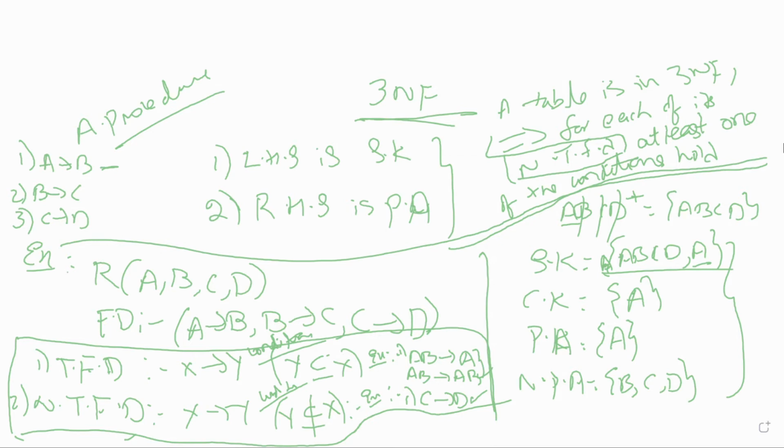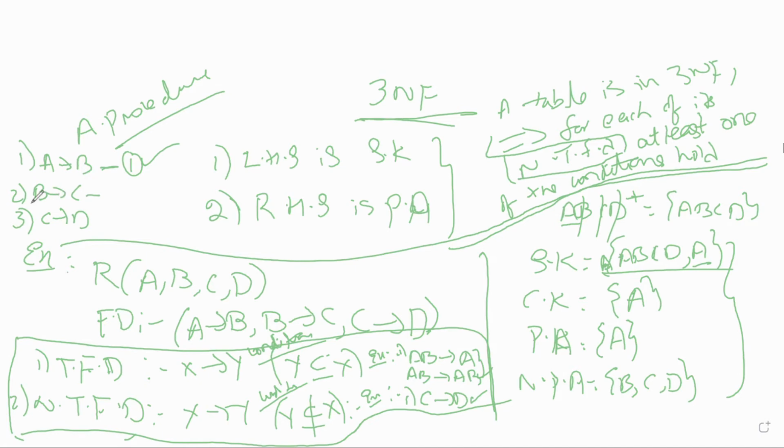Okay. So A determines B. LHS is a super key, so it satisfied the first rule. So I'll not bother with the second one also. I'll directly go with the second FD. To check these two conditions, if the first one is not satisfied, then only you check the second one. Again, it will take a lot of time, so you should not waste the time.